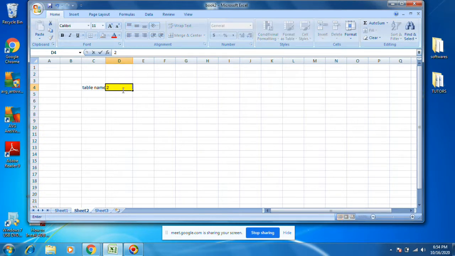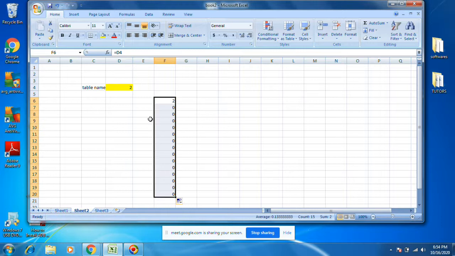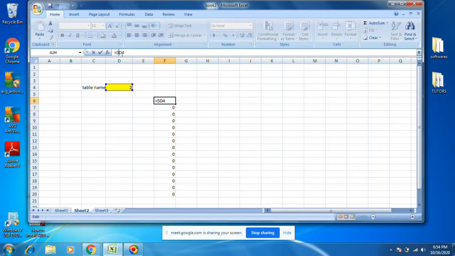Let's say 2 is equal to, if I put here cell reference and if I drag, it will look for another cell, D5. This is D4, this is D5, this is D7, like that. If I want to put absolute reference, we need to keep dollar before and after. You can drag.